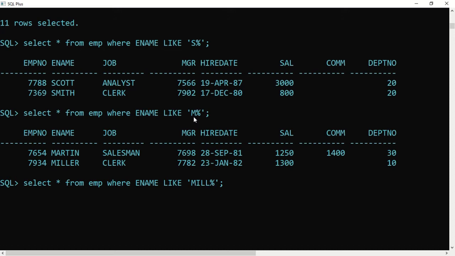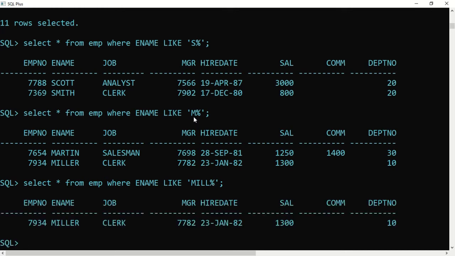So I'll put percentage, which indicates any sequence of characters after the particular information you're searching for. Press enter. Here it is showing there is only one person whose name starts with Mill followed by any number of characters. It is Miller.